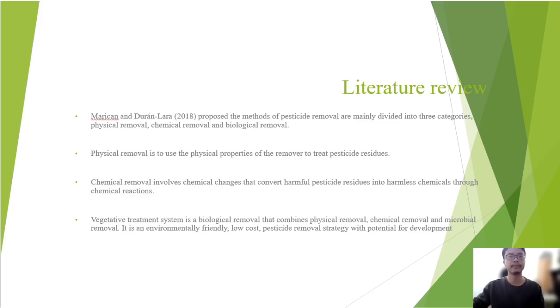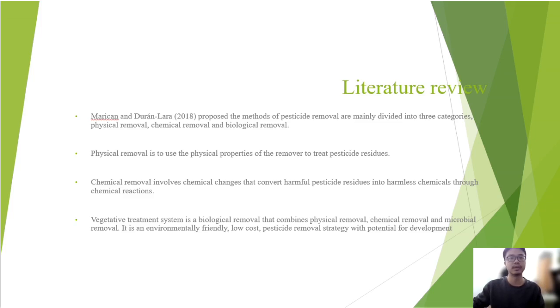Literature review. The methods of pesticide removal are mainly divided into 3 categories: physical removal, chemical removal, and biological removal. Physical removal is to use physical properties of the remover to treat pesticide residues. Chemical removal involves chemical changes that convert harmful pesticide residues into harmless